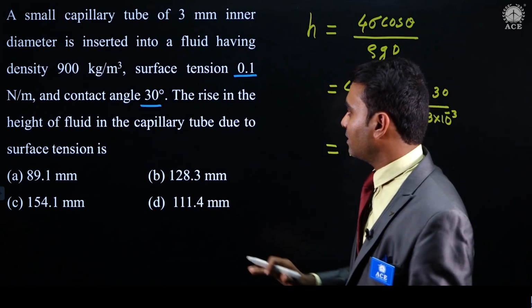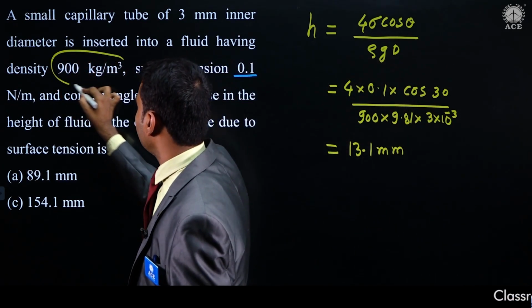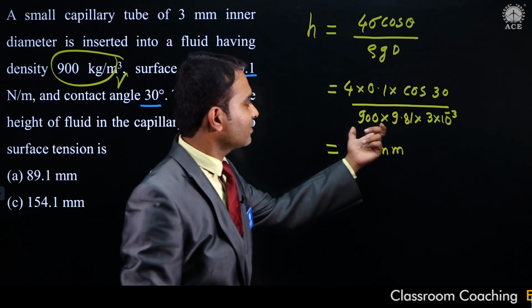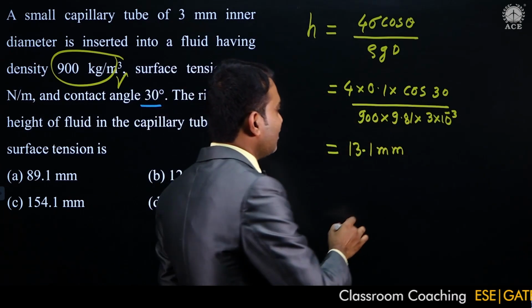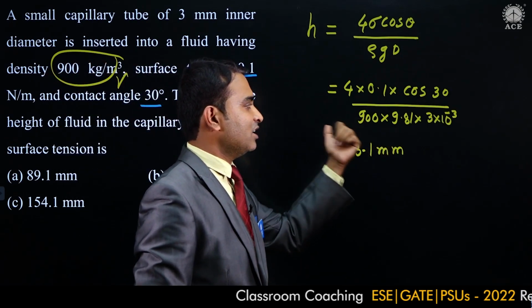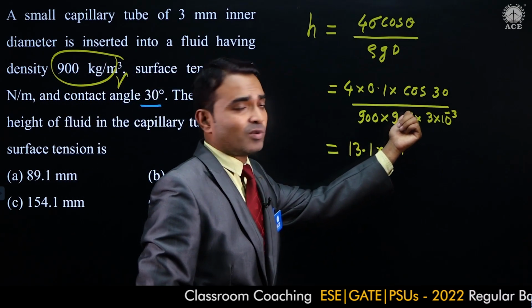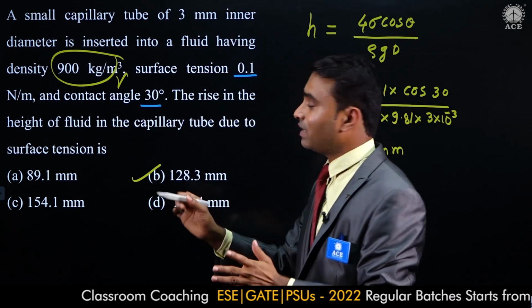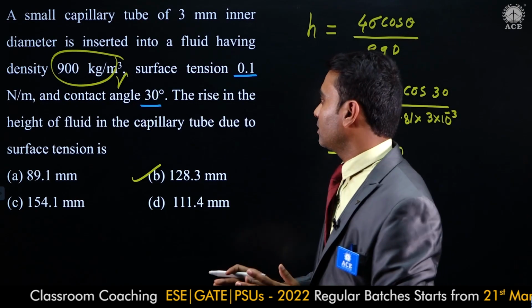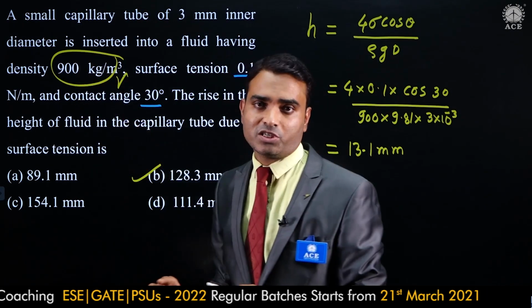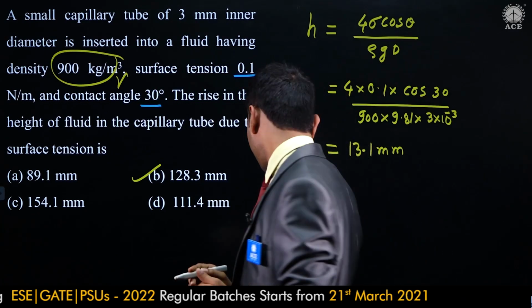Actually what they have done is, they have considered this as a gamma. Okay. So rho into G is gamma. So directly if you consider gamma as 900, in short, if you don't write here 9.81, so in that case you will get answer B. Okay. But this is mistake in the question. So instead of density they have taken this number as a gamma. You can claim this question. Okay. So let us go to the next question.